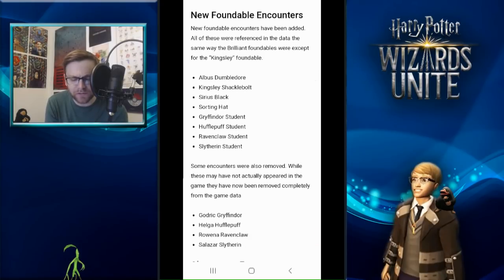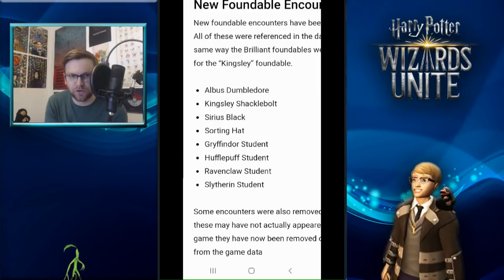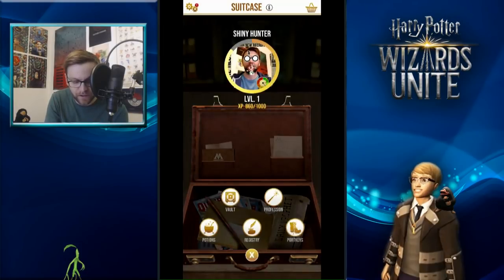So new encounter foundables have been added. All these were referenced in the data the same way the brilliant foundables were, except for the Kingsley Shacklebolt foundable. Now, I've matched up all the foundable encounters, the blank silhouettes. Let me show you. I matched up all of these blank silhouettes with